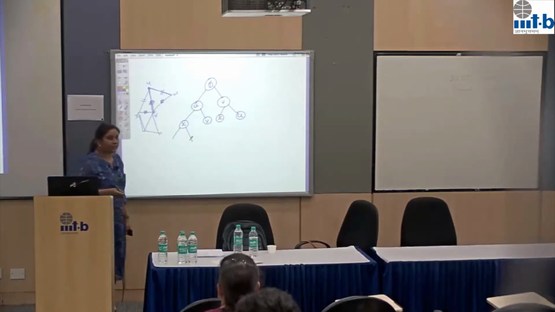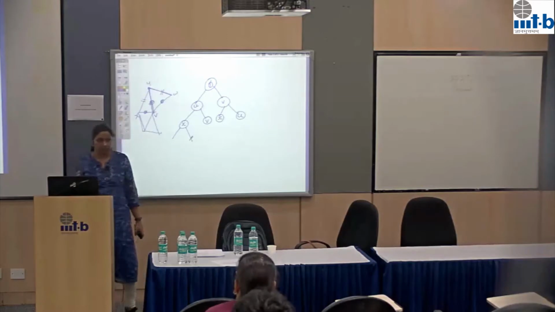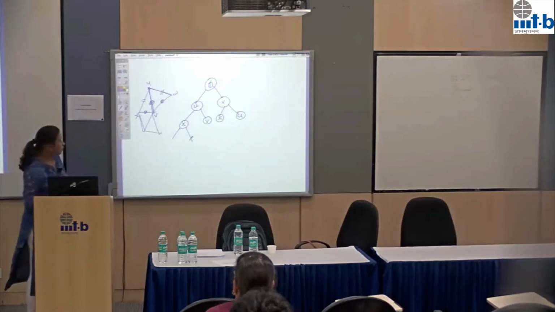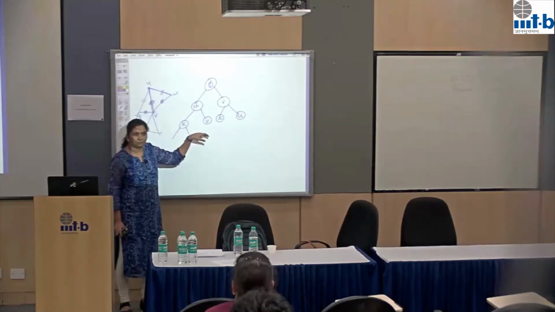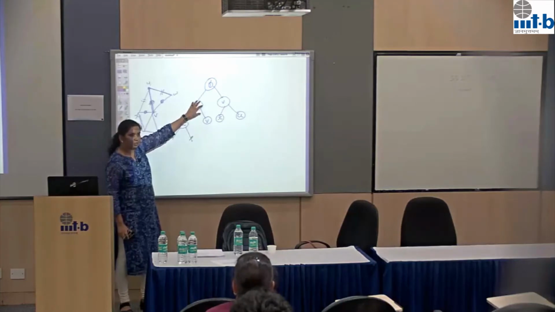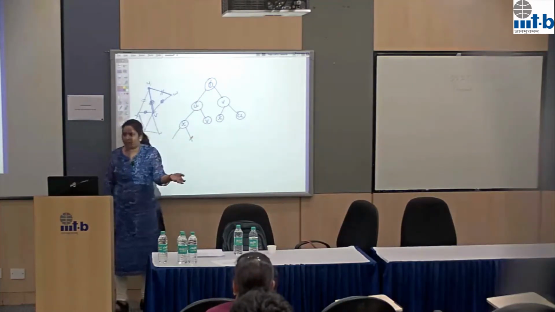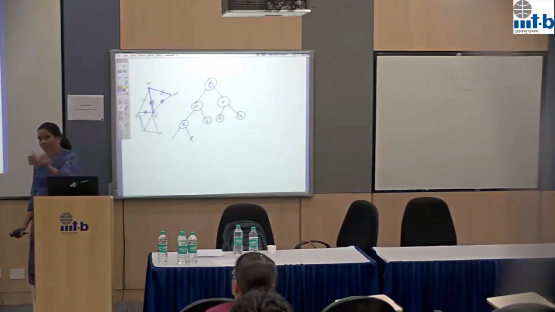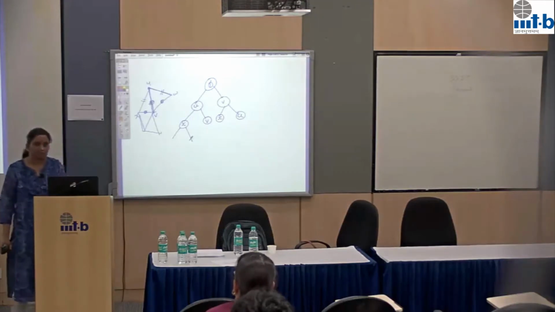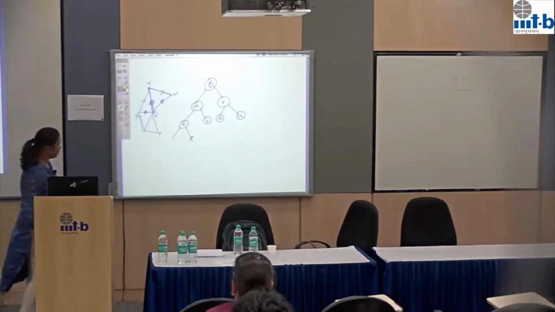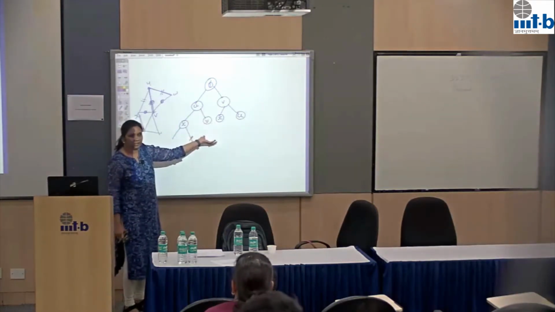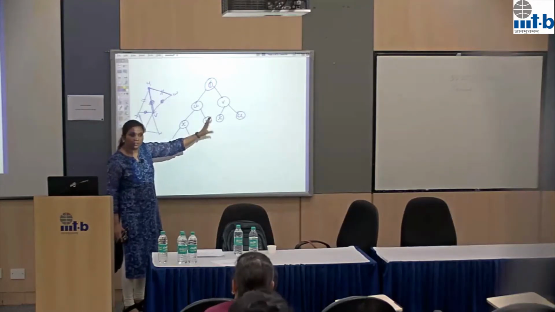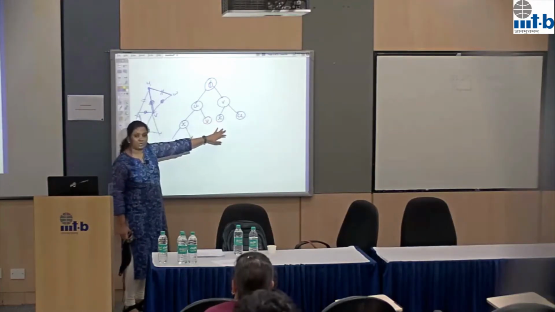Now, what will be the running time of this algorithm? Is it FPT? That's what you are interested in, right? So at each node, what is the work done? You are deleting some edges which are already covered and taking the next edge which is not covered, right? All this can be done in polynomial running time. So the work done at each node is polynomial, and the total work done will be some polynomial multiplied by the number of nodes in the search tree.